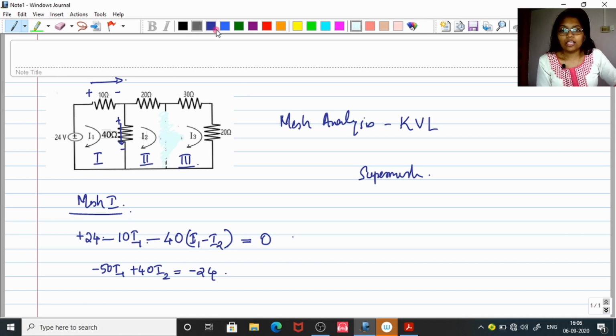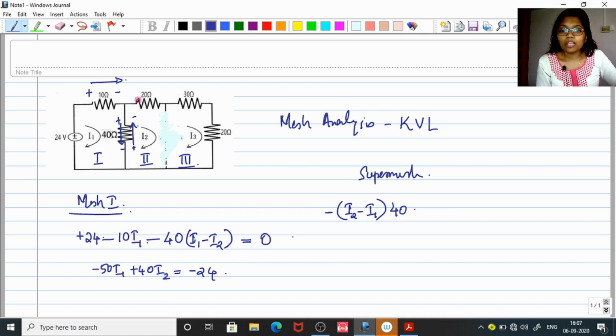Okay, let us follow the same method, that is, firstly let us follow the I2 current path, which means I2 is hitting the positive terminal. Here we have to assume that the current direction is like this, which means positive to negative, downside to upper side, isn't it? So it is like negative, and since we are focusing on mesh number 2, we have to write I2 minus I1, which means I2 will be dominating if we focus on mesh number 2. I2 minus I1 is the current, and what about the resistor? It is 40 ohms, isn't it?